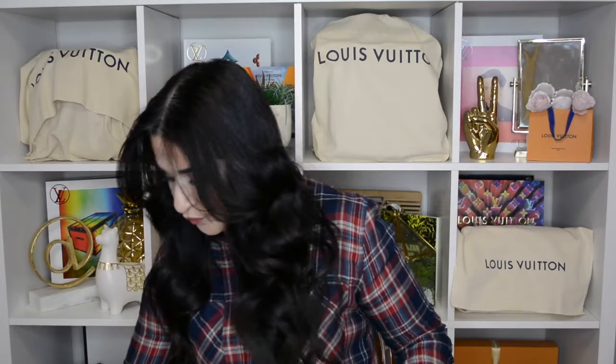I don't think that it will be a big issue if you put a box or a dust bag, but if you put a bag straight into the bag, I think that could be a problem. So the bags have been recalled, they have been pulled from all the stores, and new ones are coming, so hopefully they will have them ready for the holidays. So here's the bag,